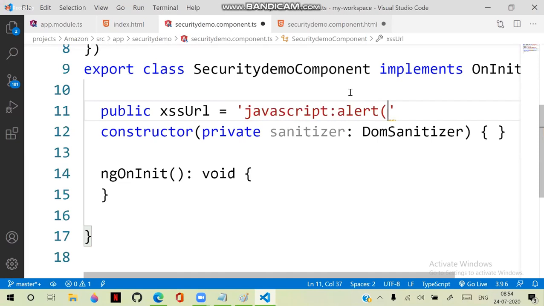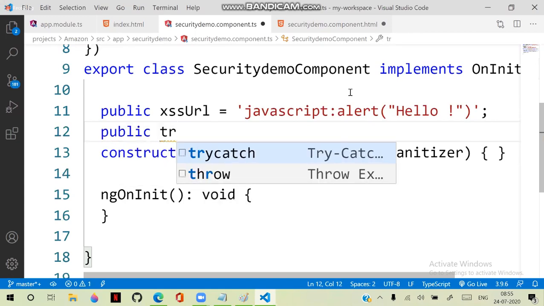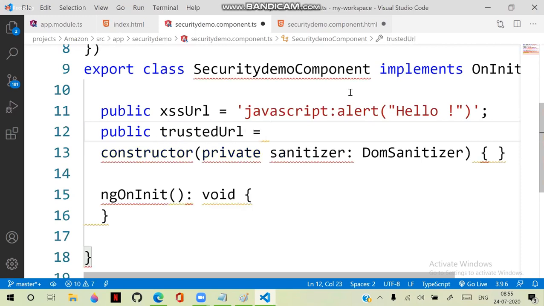In the alert, it shows hello as an option. That is a JavaScript option that we configured. I defined another one, a trusted URL, which we are configuring.